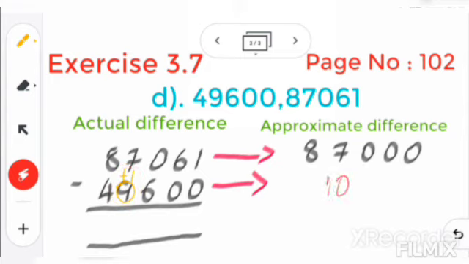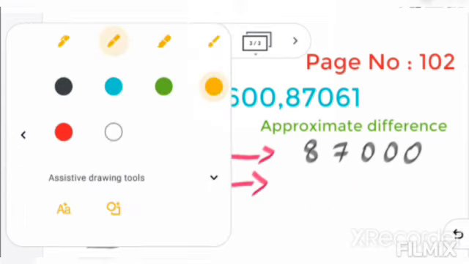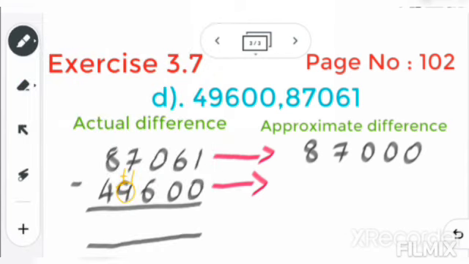Here you cannot write 10. Since this change you are writing here, no? So you cannot write here 10. 10 has 2 digits, 1 and 0. 2 digits you cannot write. So what will you do? You will write only that 0 in the 10, no? In 10 we have 0, only 0 you will write.